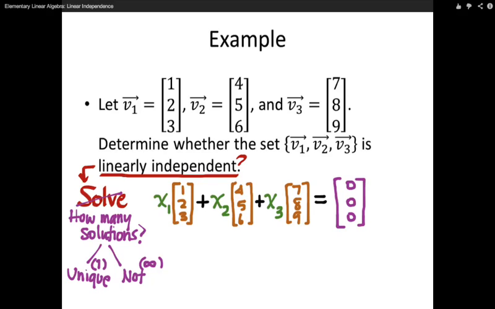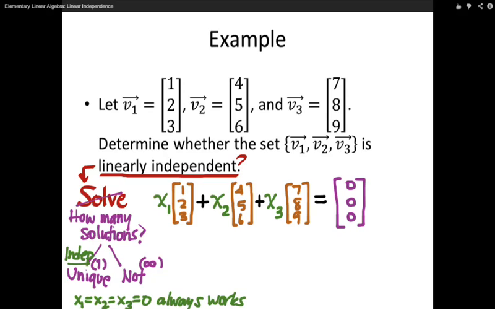The so-called trivial solution, x1 equals x2 equals x3 equals 0, is always a solution. But if that solution is unique, then that means that only the trivial solution works, and therefore we would have independence. That's the definition of linearly independent. If the solution of this system is unique, then that means that only x1 equals 0, x2 equals 0,